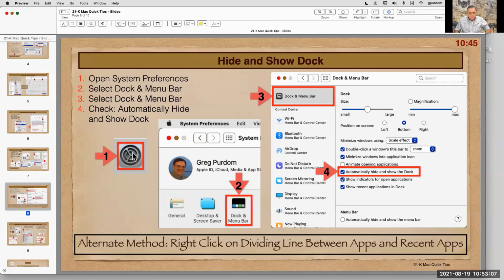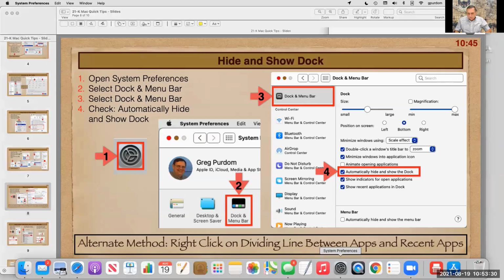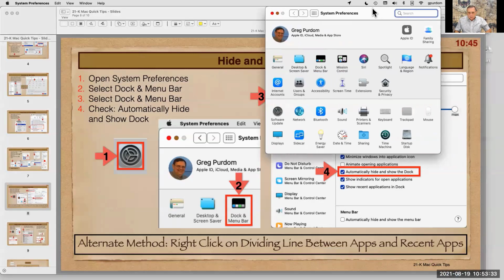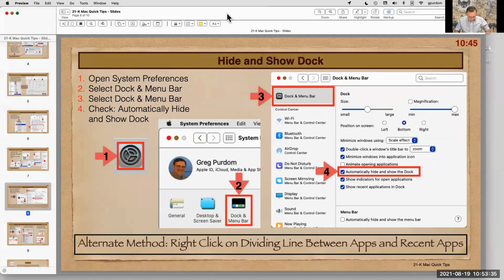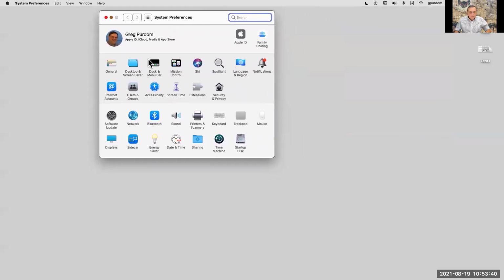First, you click on System Preferences, and then you select the dock and menu bar from system preferences, and then you have to select the same name again from a different window, and then you click automatically hide and show dock. Now, I'm going to bring up system preferences here. Hide that so we see this better. Now here's the dock and menu bar. When I select that,